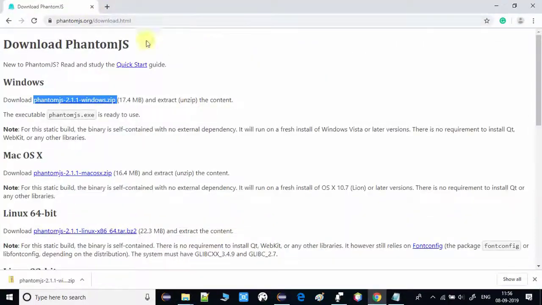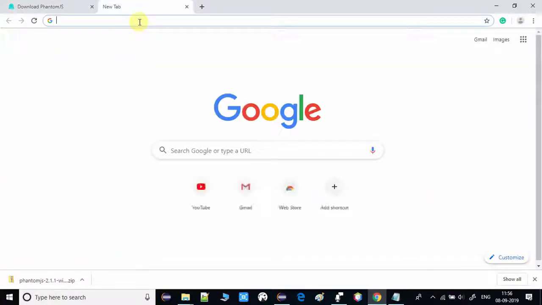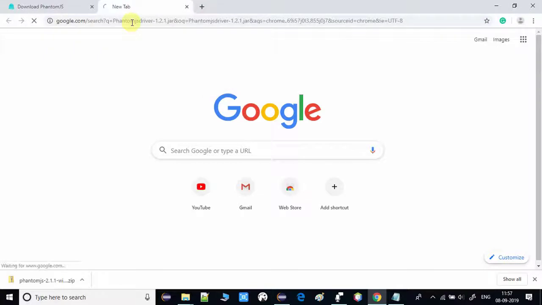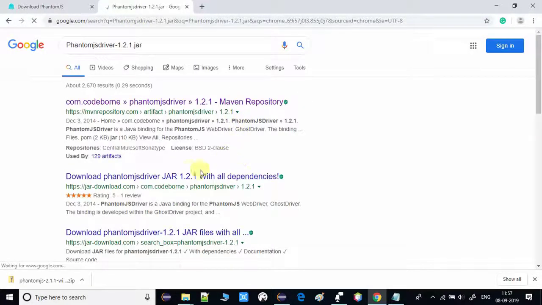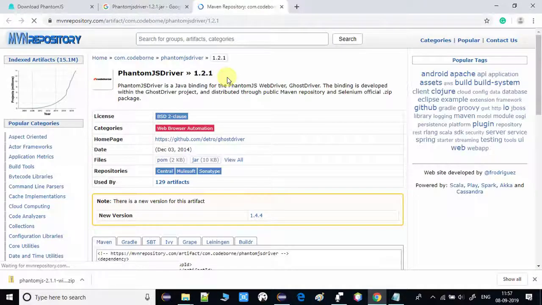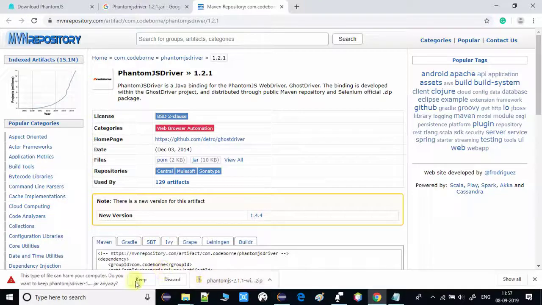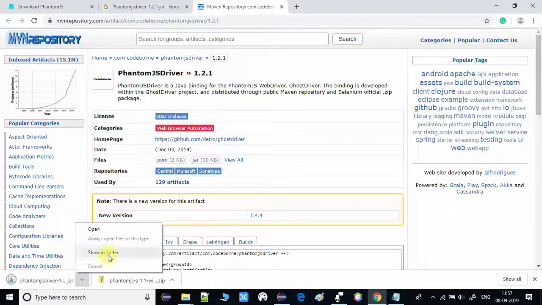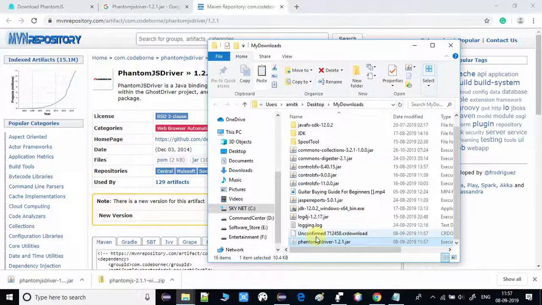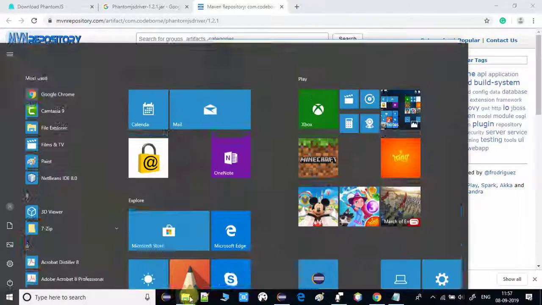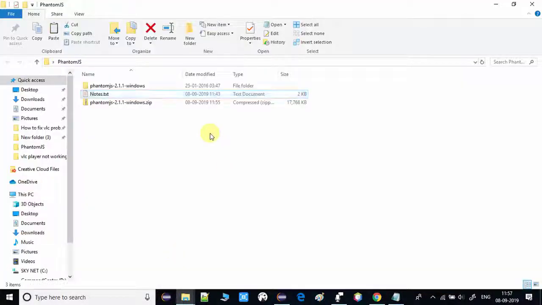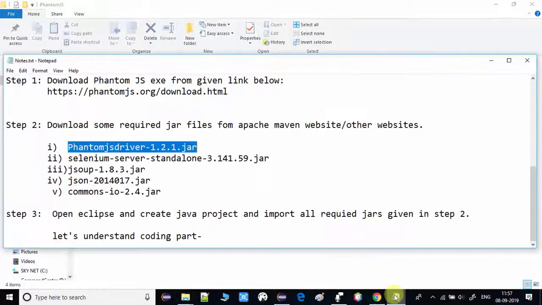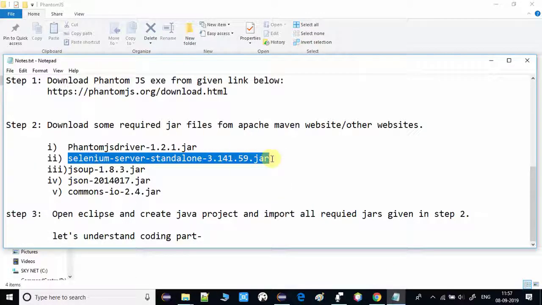And open the browser and go here and click enter, and you will see the Maven repository link. Just simply go to the Maven repository and you will find all these jar files. So I am downloading them here one by one. So this is my jar file. Also I will put this jar file into a separate folder. So I'm putting all these required jars one by one, and here we have to download the second jar file,